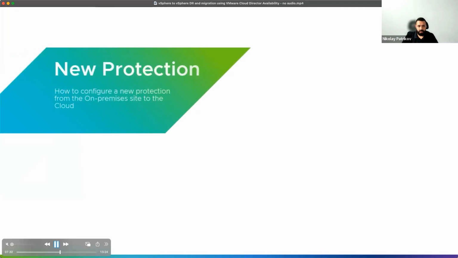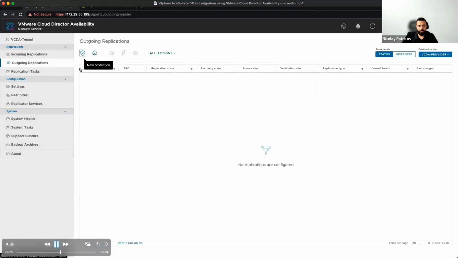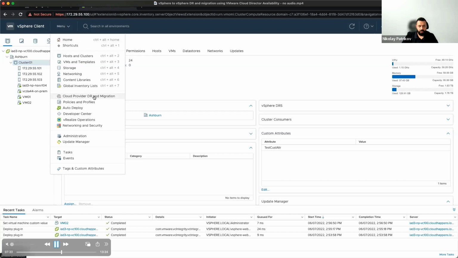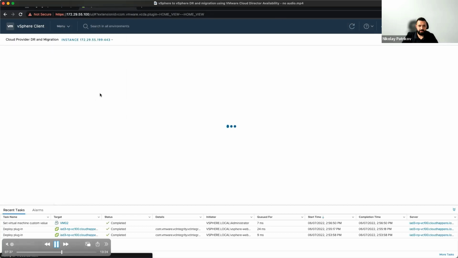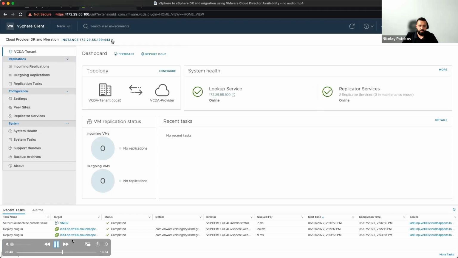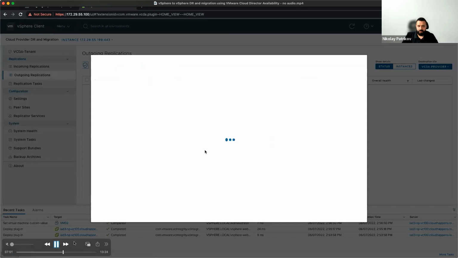Okay, and last, configuring the new protection. So this can be done from three places: directly from the vSphere UI through a right click, from the Cloud Director Availability standalone portal, or from the Cloud Director Availability vSphere Client plugin that is available after the initial setup of the appliance. So here I'm going to do it from the plugin. If we have multiple Cloud Director Availability appliances deployed, we will be able to see all of them and select from the list which one we would like to use if we have the different appliances paired to different cloud sites, for example. And then to create a new protection, we go to outgoing replications, new protection, and we need,